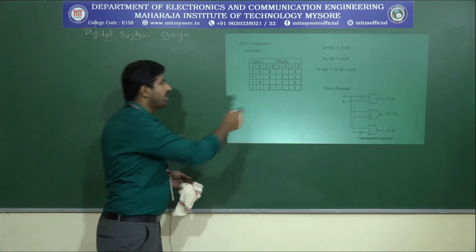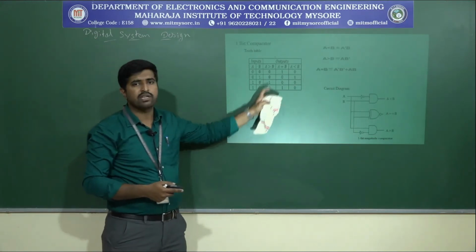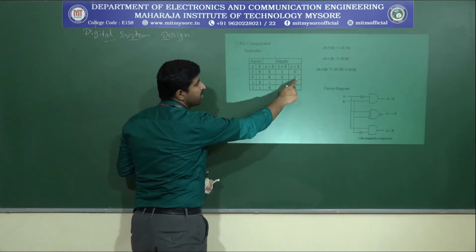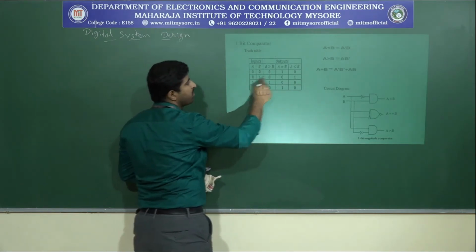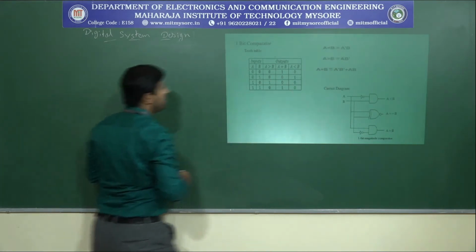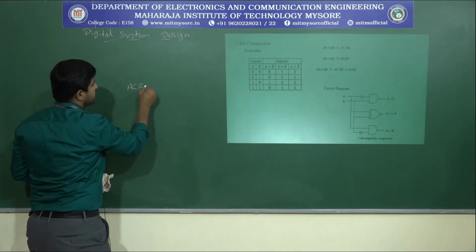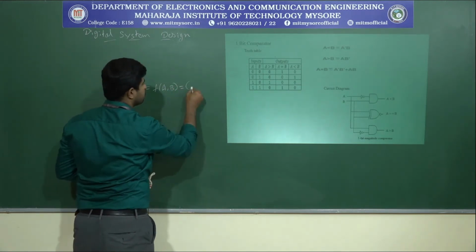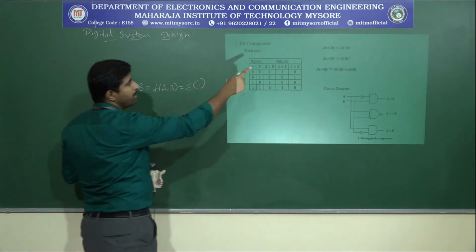Now we need to design a circuit for this 1 bit comparator. So we have a truth table, so let's have the switching equation. The switching equation for A lesser than B is what? It will be 1 only when the inputs are 0, 1. That means the switching equation corresponding to A lesser than B will be equal to A bar B, right? In decimal notation, we can write A lesser than B equals F of A comma B equals summation of 1. So that's A bar B.